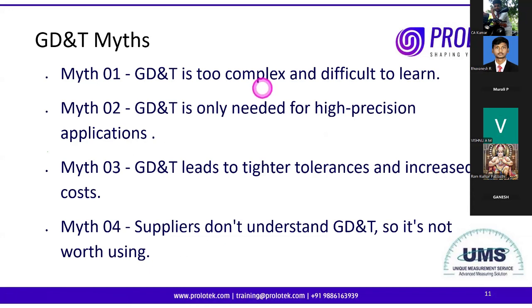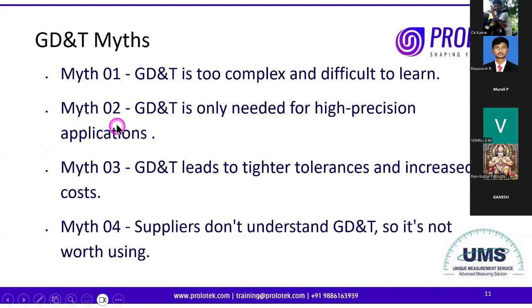Now in English, we had 26 alphabets. Then we started using those alphabets to form words. Then with those words, we started forming sentences and we started communicating. Similarly, in GD&T, we have a set of symbols. When we know how to put those symbols together, then understanding would become easier, right?